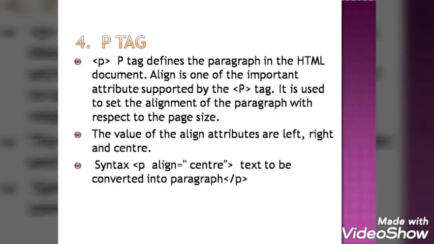Next is P tag. If you remember, I told you before, P tag. P is for paragraph. It's very simple. It's an empty tag. Any content you want to show as paragraph, you have to use this bracket P. Paragraph you want in center or whatever format you want, center or right or left, create. You have to put the text here. You have to close this. Okay, so P is used for paragraph. We are changing the content into a paragraph.